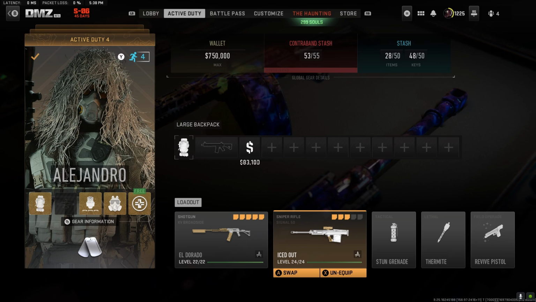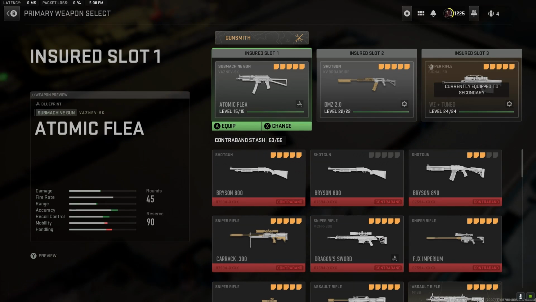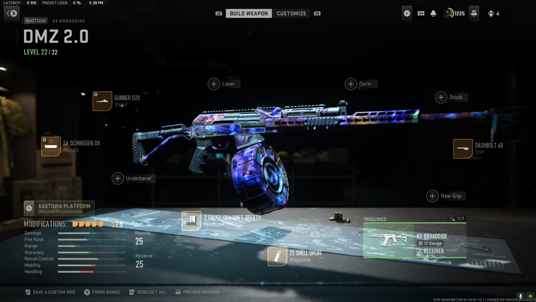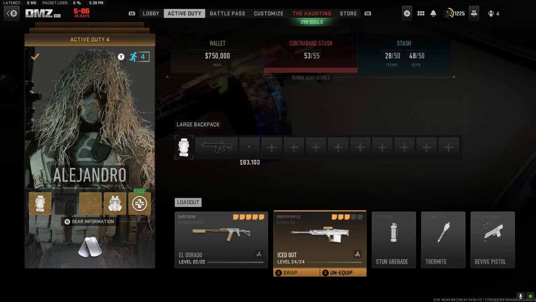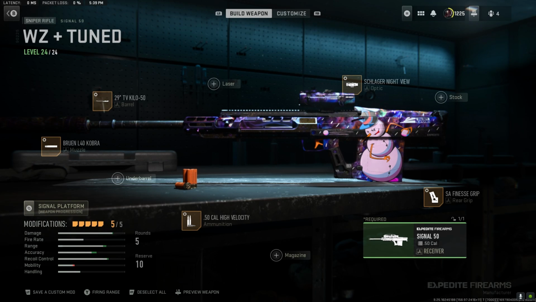Now I'm going to load in with a sniper rifle and a shotgun here. You can see this is my KV Broadside. I'm going to show you guys the attachments real quick just in case you need it. Feel free to pause and take a look at the attachments that I have here. Now I do want to also show you the sniper, and this is just a Signal 50 loadout that was pretty meta when it was in Warzone, and I just had a blueprint saved so I put it on. But I am going to use a sniper for the sniper,